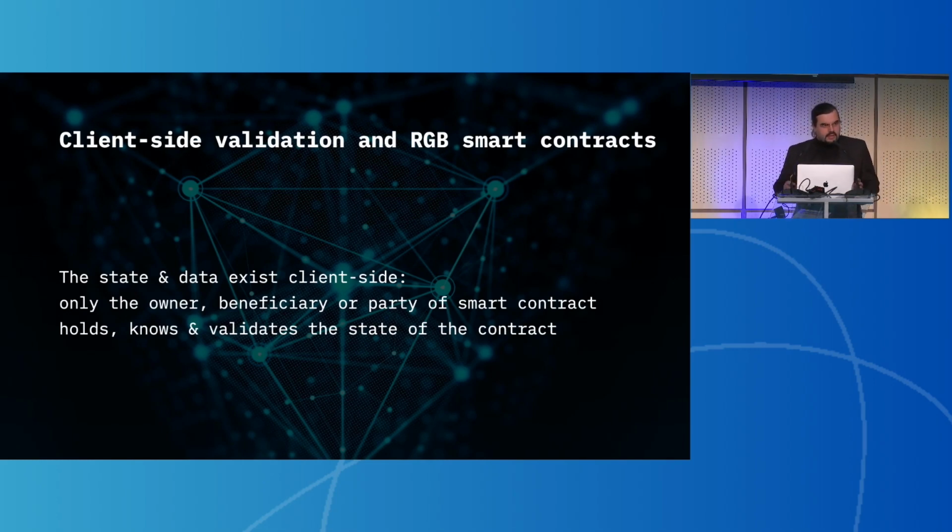And the core idea with client-side validation is that, unlike in a blockchain, you don't keep data on chain, and you don't keep data accessible by all the users. It is just the participants of the contract who know about the contract, who validate the contract, who hold the data, which ultimately results in huge scalability and also privacy gains. So this new approach